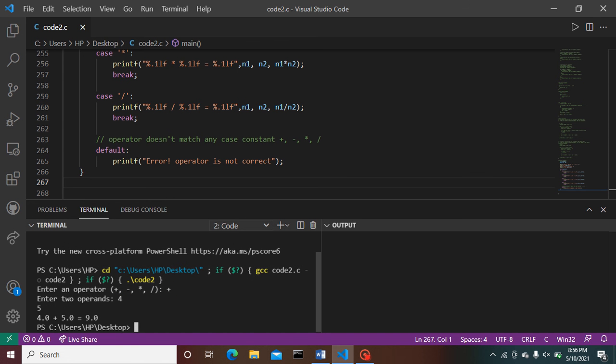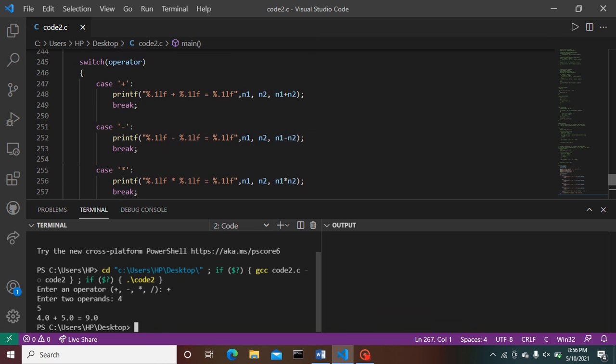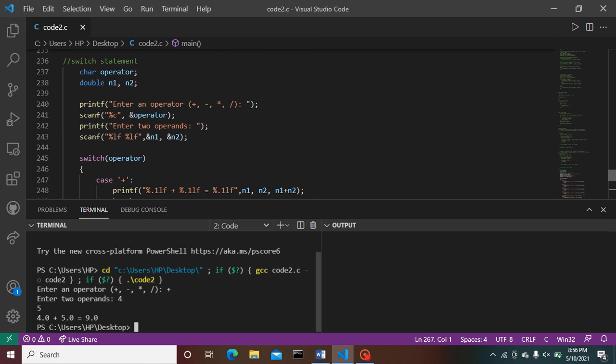Output is 9.0. Let's have a look at how the switch statement works. Here I have declared operator to be of character type. Next I have declared n1 and n2 variables to be of double type.